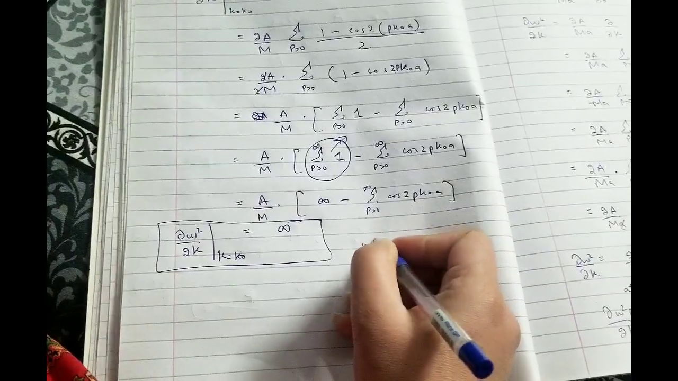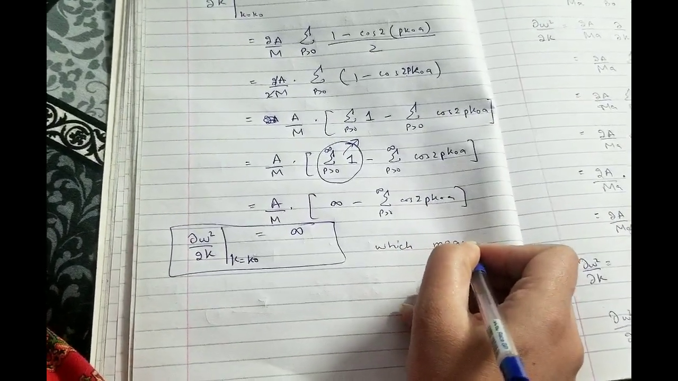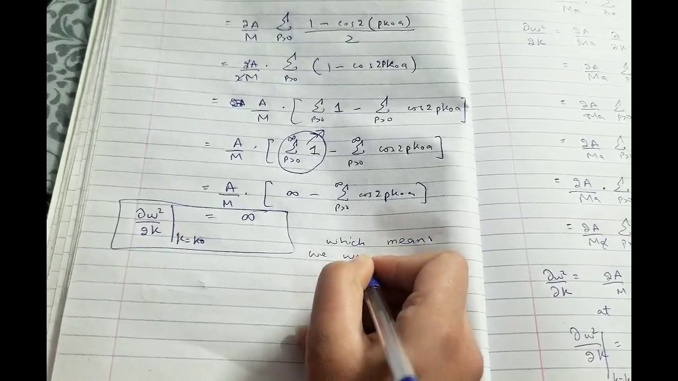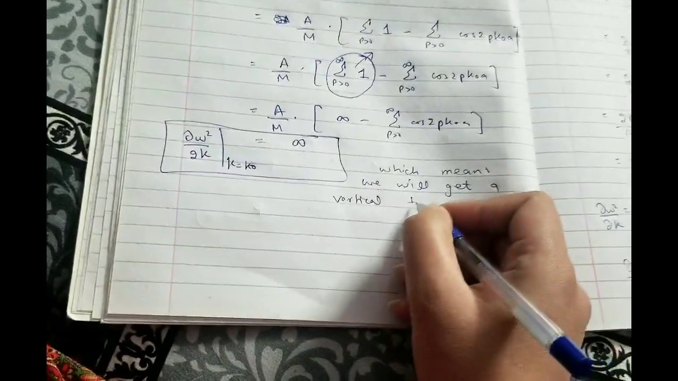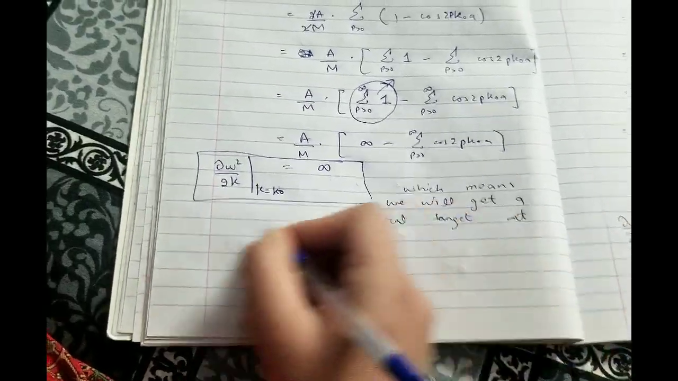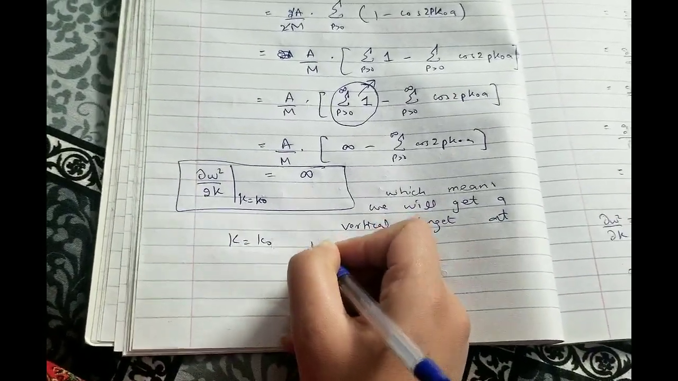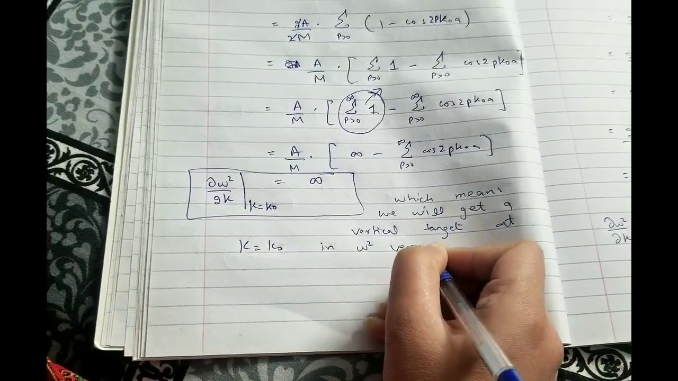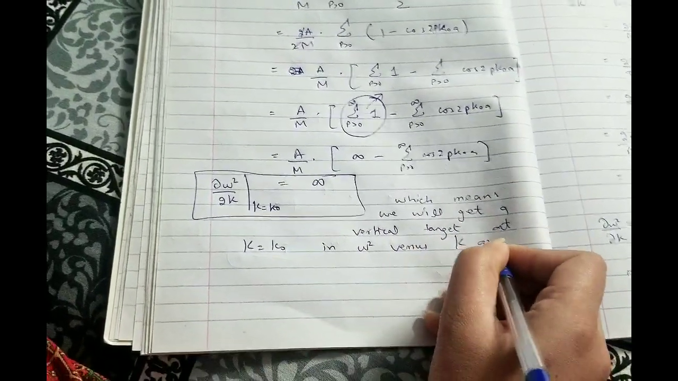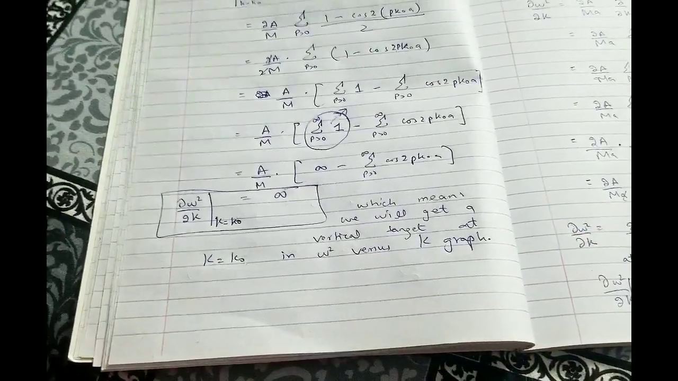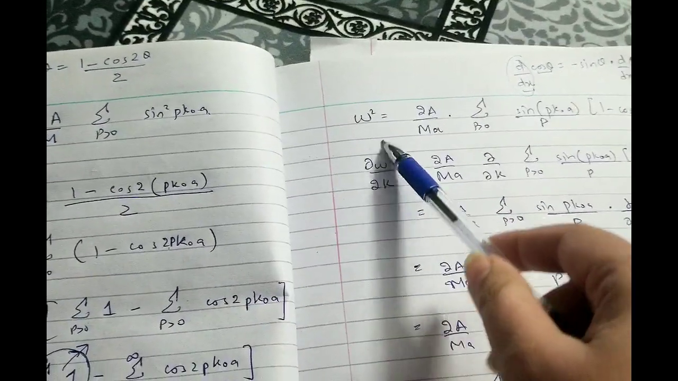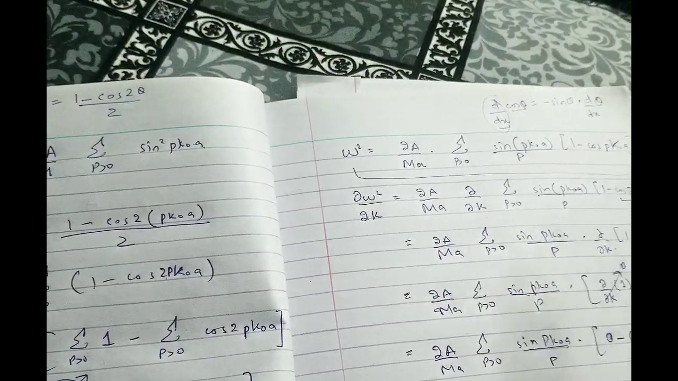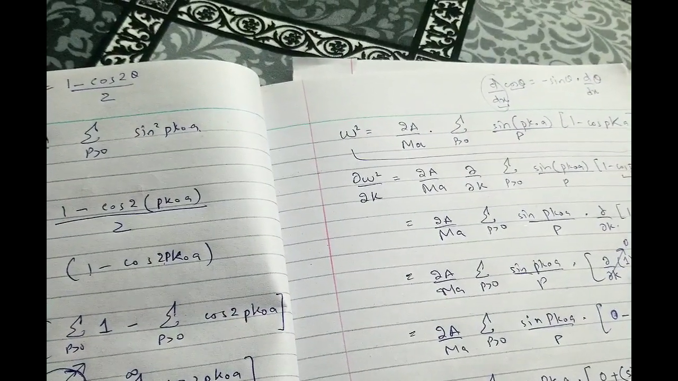Which means we will get a vertical tangent. We'll get a vertical tangent at capital K equals k naught in the omega square versus k graph. How can we say this? Because we had the expression of omega square, and if we want to find out the tangent to omega square,